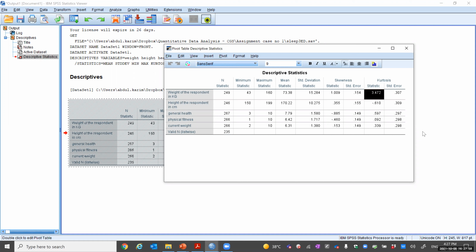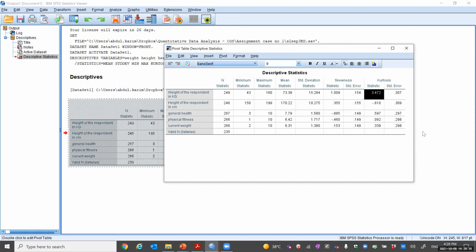Or if we take the cutoff point of 1.5, which is greater than 1.5, which means that we have to do some transformations on this to bring the kurtosis within acceptable limit before we move on to the hypothesis testing part. Now, you can still do the hypothesis testing without doing any transformations, but in that case, your results might be biased. The reason is because if you're running regression or any other bivariate statistical tool or test,